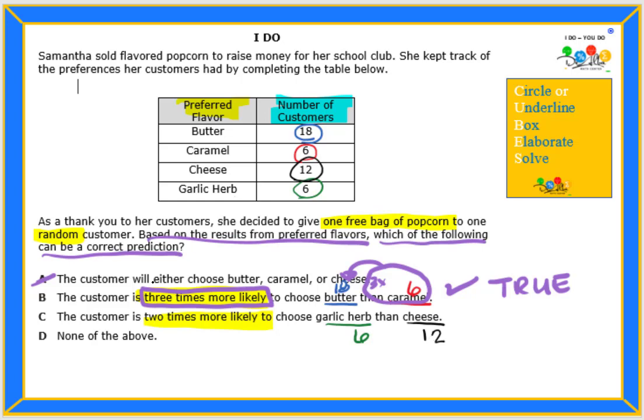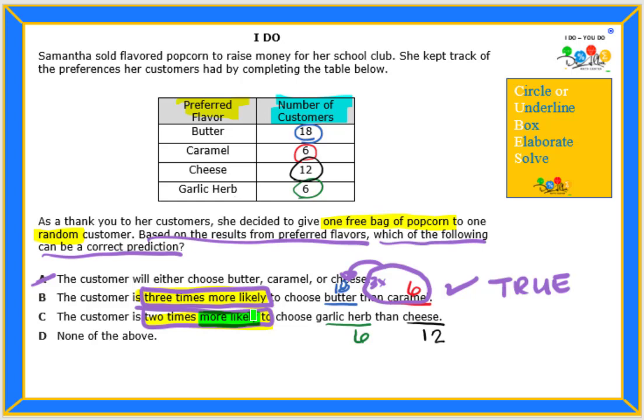So when we get this comparison, it's 6 is 2 times more likely than 12. First of all, if you're getting confused with the way you're reading it, you can focus on this part first. More likely. So I can just say, is 6 more likely than 12? No, right? Because 6 is lower. So that right there can help you if you're confused between which number is the one that's supposed to be